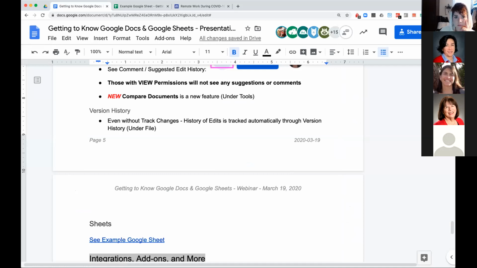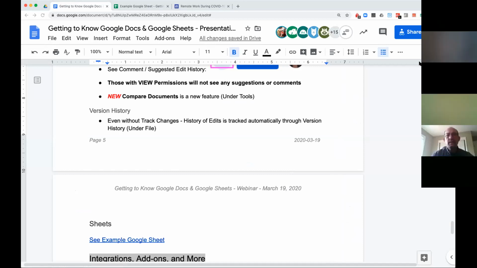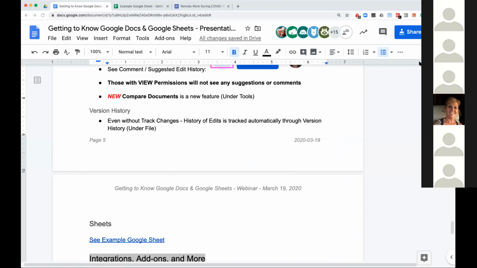Is there a rollback feature? There used to be, there is not anymore. It used to be that it would basically give you the ability to say, go back. But really all it was, make this version the current version. So you wouldn't lose any of the interim steps. It just, I think, got to be too complicated for people to understand. And so they just decided to let you go back and get a copy of what things look like at a point in time.